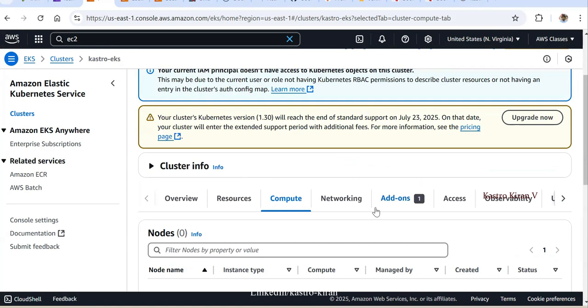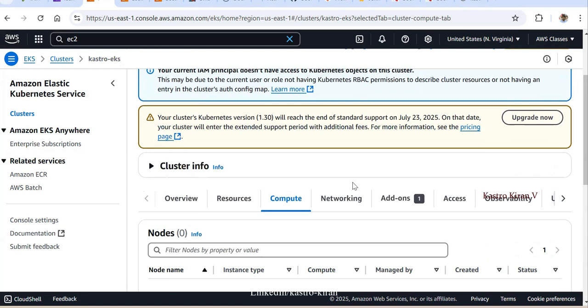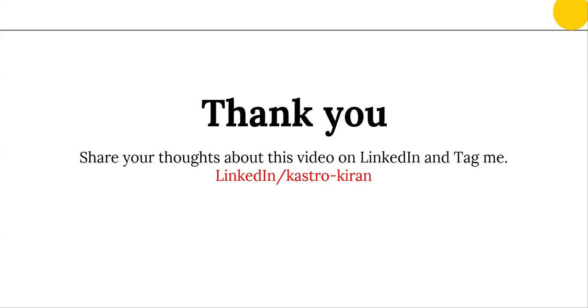Once you delete the cluster, make sure to delete all the EC2 instances that are there. The instances attached to the cluster will get automatically deleted when you delete the node group. But there are two servers that are available: one is the monitoring server and the other one is the BMS server. Make sure to delete both of those servers to avoid charges. So that is all about this particular video. We have seen how to deploy the Book My Show clone application into the Docker container